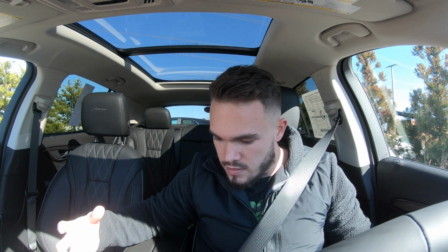All right, so we are actually in the Buick Envision Avenir. This is the flagship trim for this vehicle. This is a compact crossover, and it's been an okay seller for Buick, but I really wholeheartedly think that this one is going to change everything. So the reason why I say that